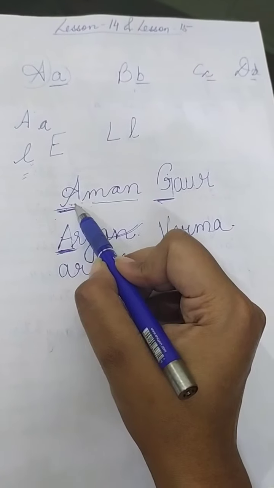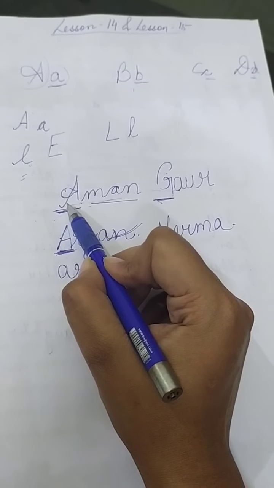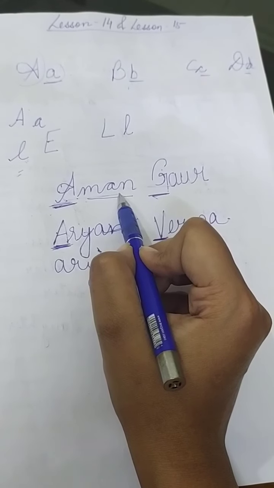Children, you know, sometimes we use capital letters in a sentence and sometimes we use small letters in the sentence. Yes? You have seen? When we write our name, we begin the word with a capital letter. Suppose someone's name is Aman. A-M-A-N. Aman. So, we'll begin with a capital letter. Your A will be in capital, M-A-N will be small letters. Okay? See children, when I am writing someone's name, Aman Gaur. I am writing the first letter, I am starting with a capital letter. A is in capital. The rest, M-A-N, is in small letters.